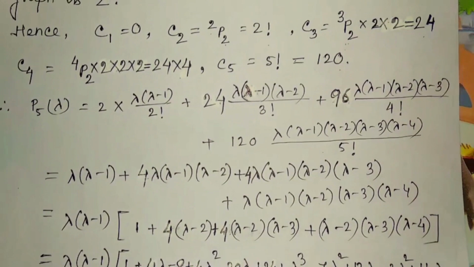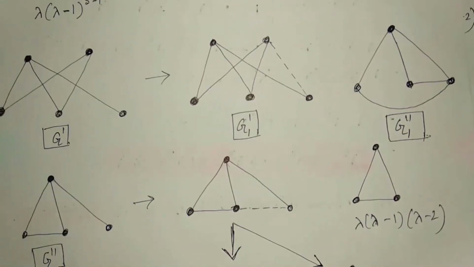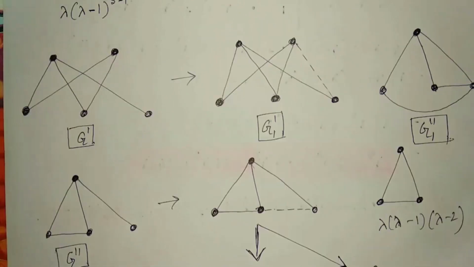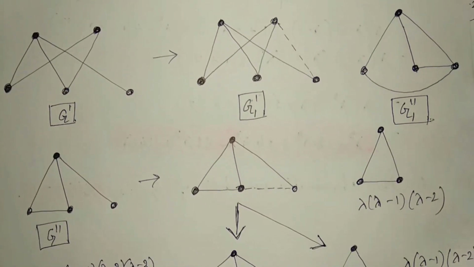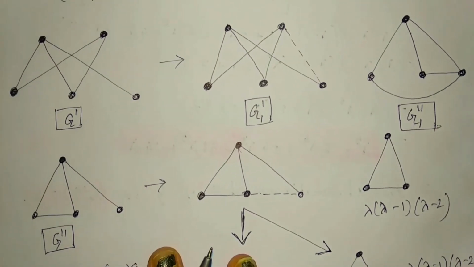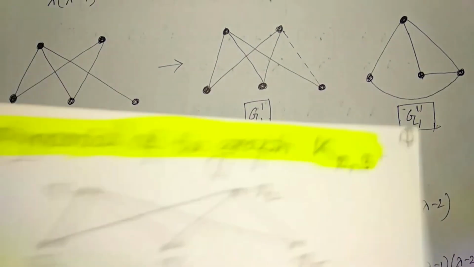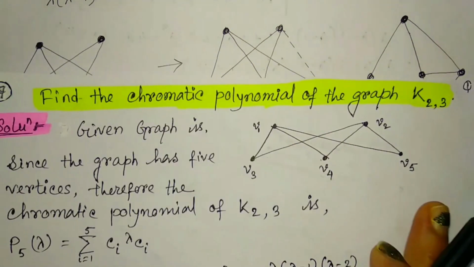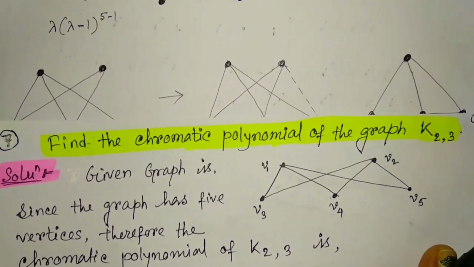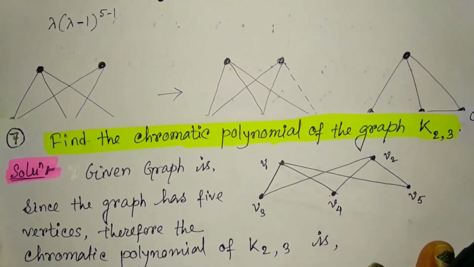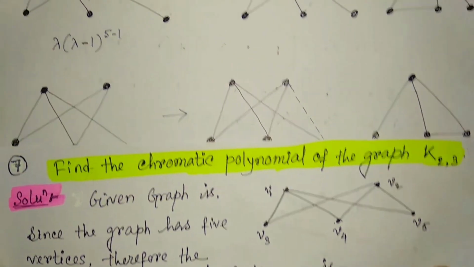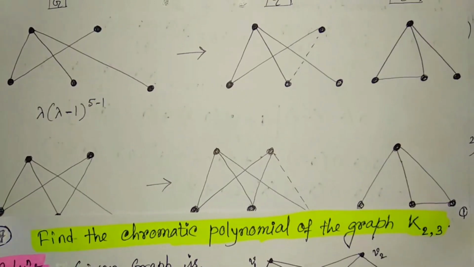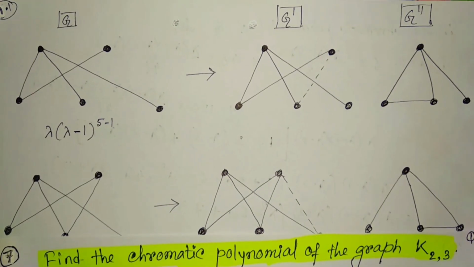So the second possibility to find out the chromatic polynomial for the same given graph is, here the given graph is this one. Just have a look. So this one is our given graph. So from this given graph, how to find out the chromatic polynomial? So for that, what will we do? We just simply